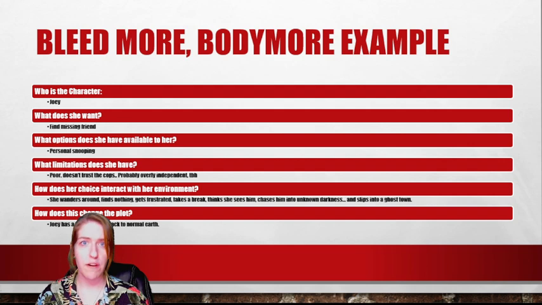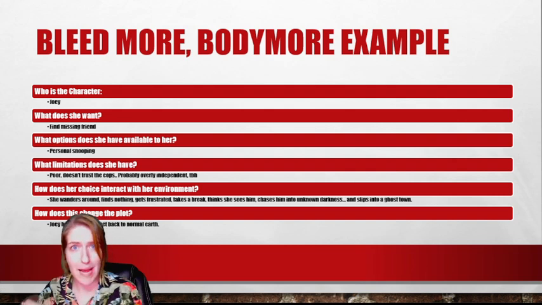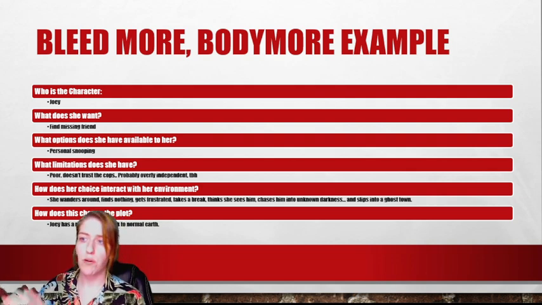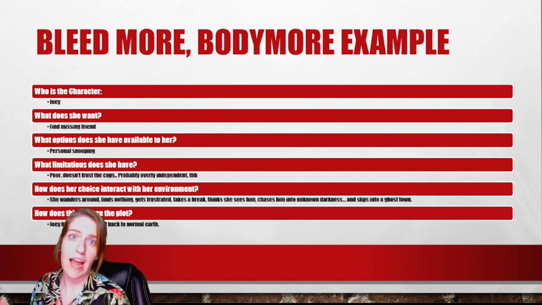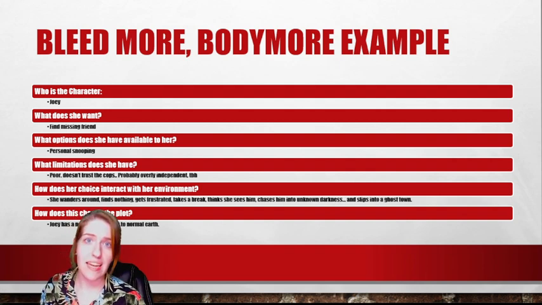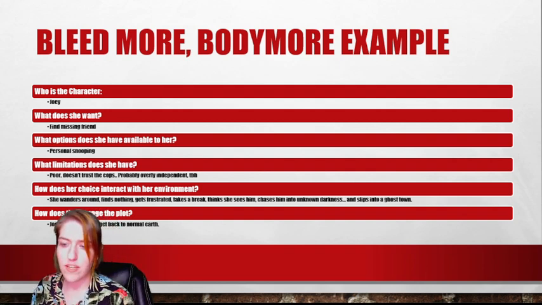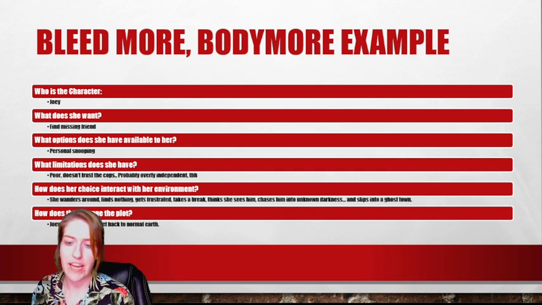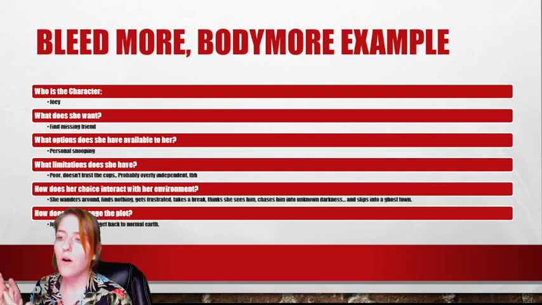After she interacts with her environment in these ways, how does this change the plot? She now has a new goal. It is not finding Wayland. It is getting out of the ghost town that she's found herself in so that she can get back to looking for Wayland. So as you can see, she's constantly making decisions that interact with the things around her, putting her in a new position that she then has to figure her way out of. And this is what I mean by being dynamic: your decisions turn into changes in the environment, which turn into actions coming from the character. And may change how the character was going to react, because the character cannot just keep going on the same way when they're no longer in the same position they were in before.